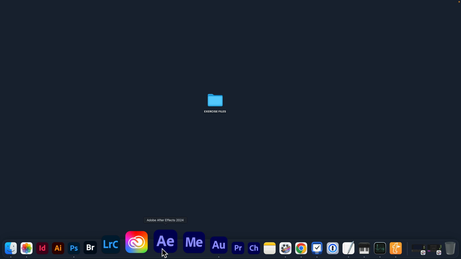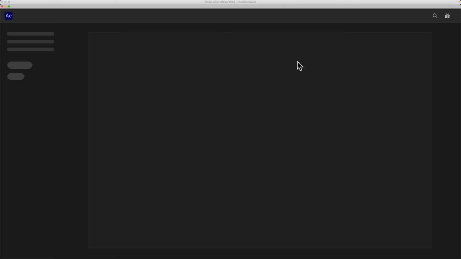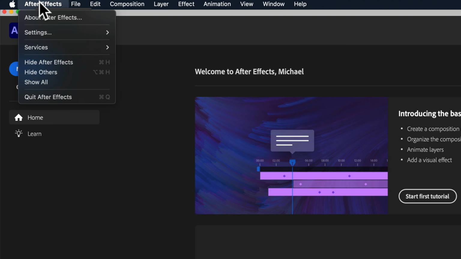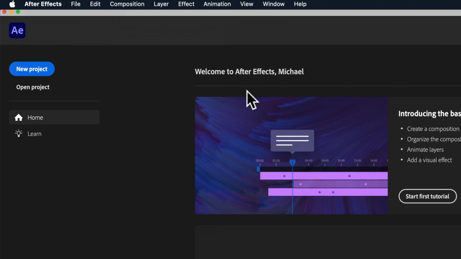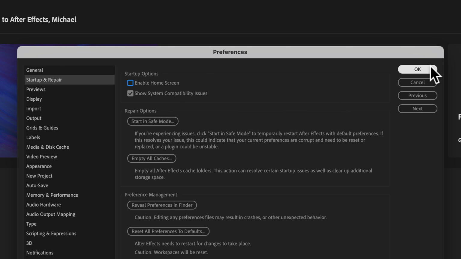So if you have not disabled the home screen yet, you know when you open up After Effects after you first install it, or if you ever reset the preferences, after the interface loads, you get this optional home screen. And if you missed the menus and preferences lesson, you can disable this in the After Effects menu, settings, go to Startup and Repair, uncheck Enable Home Screen, click OK, then the next time you open After Effects, the home